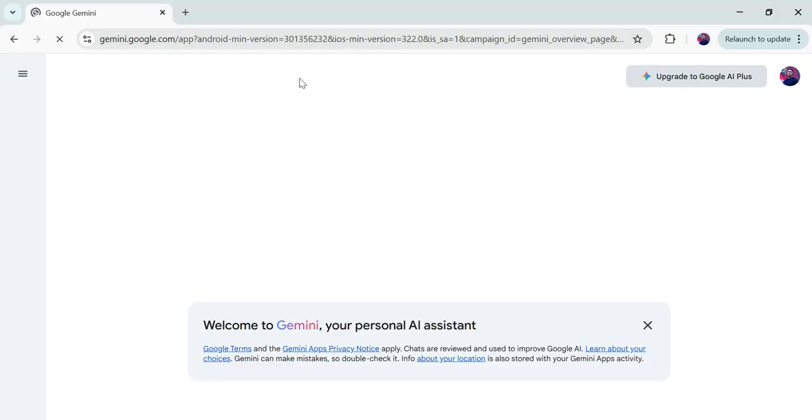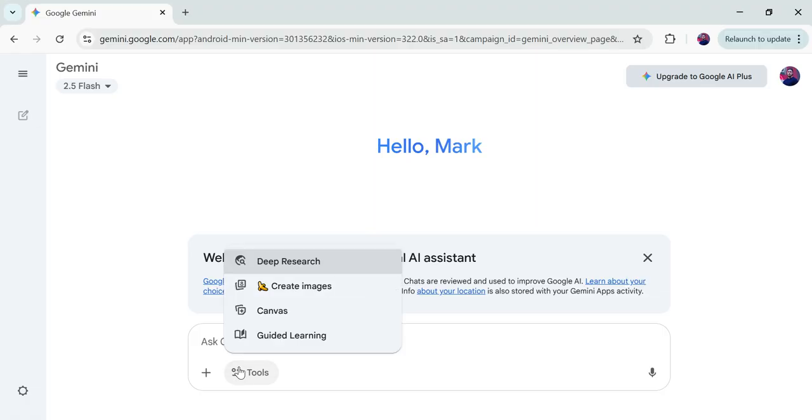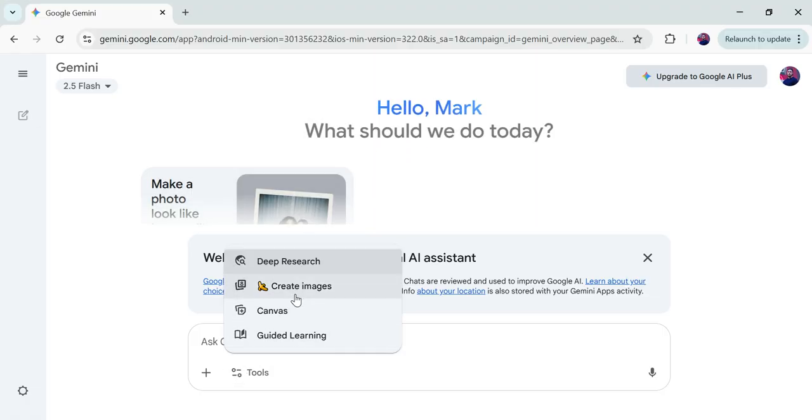Once the website is open, you can simply give your prompt and it will create images, and then I will show you how you can get character consistency. Let's select the tool here for create images.